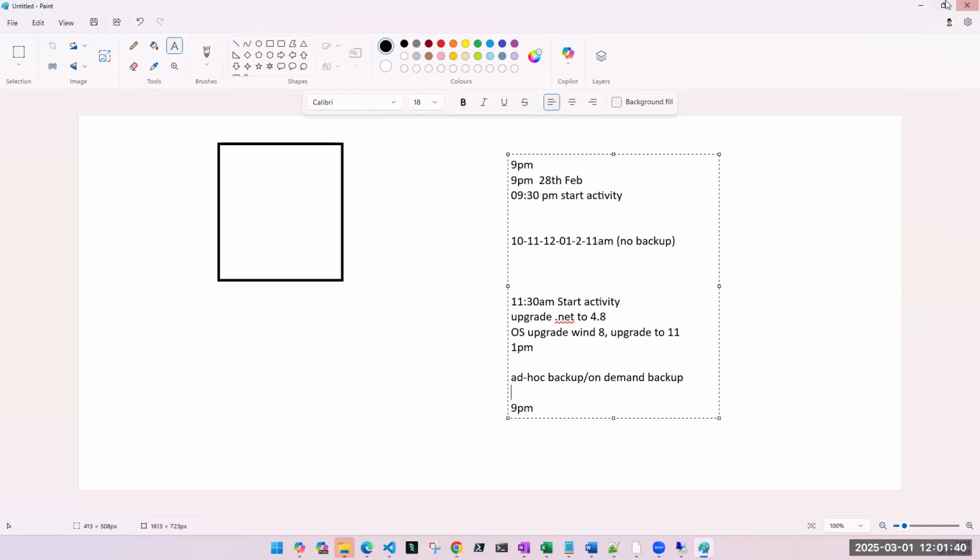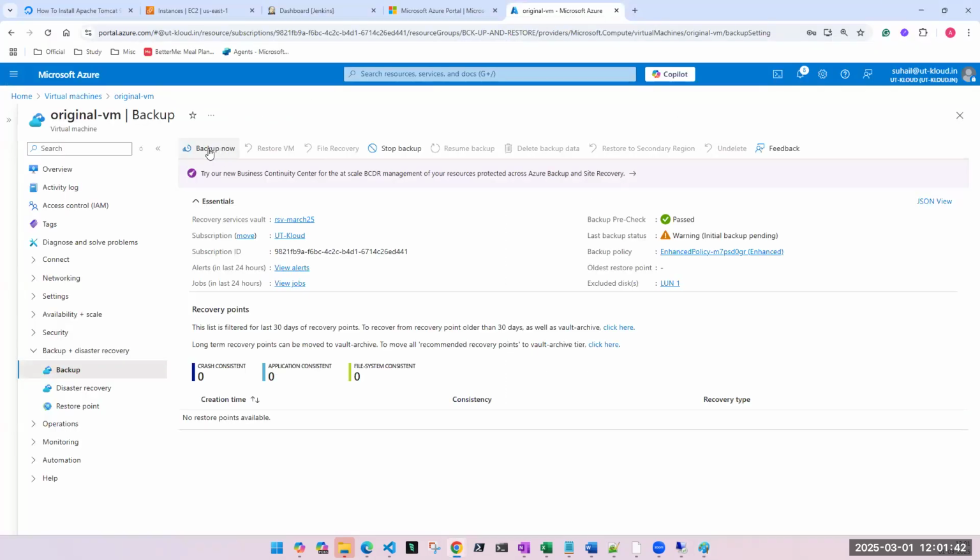Now, what does it do? It gives you an option to backup now. Here it is on the screen, backup now. My first backup will happen wherever it has to happen. वो उतने ही दिन रहेगा जितने दिन की मैंने पॉलिसी